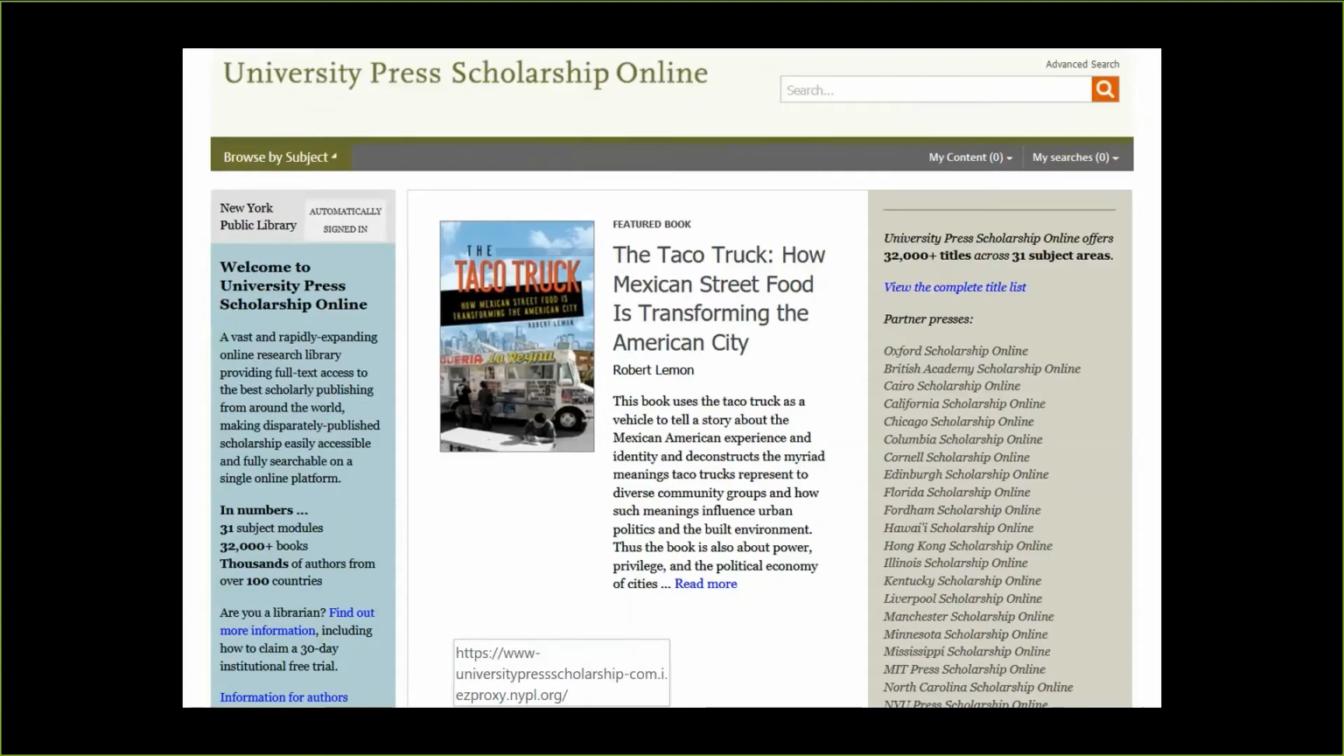So this is the University Press Scholarship Online, and this includes 32,000 titles across 31 subject areas. You can see up there on the top right. And we have had very good luck using this database, finding books for people who have been filling out the search forms. So Oxford University Press, California Scholarship Online, Chicago, and all those other presses have ebook resources that are